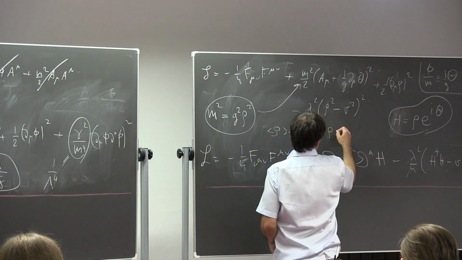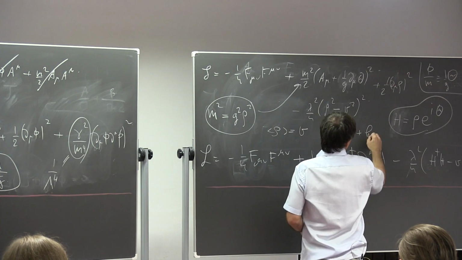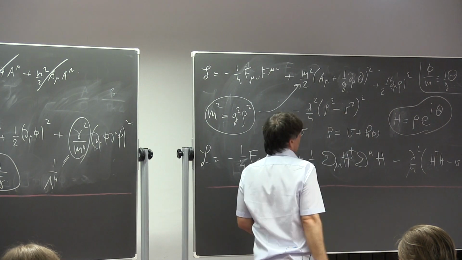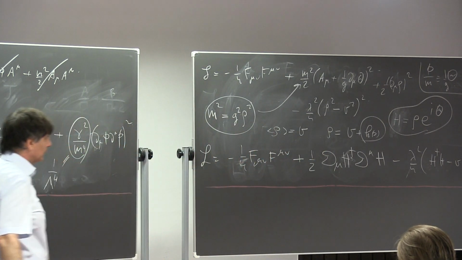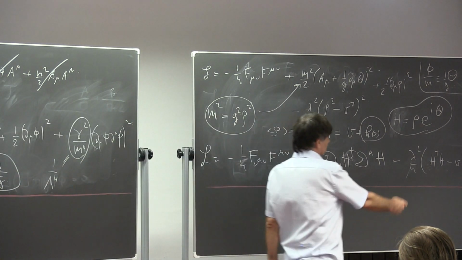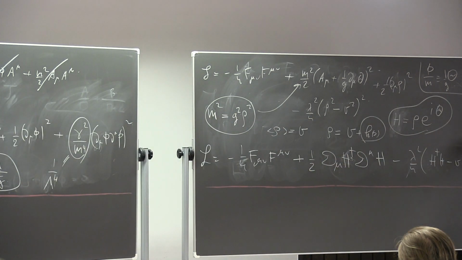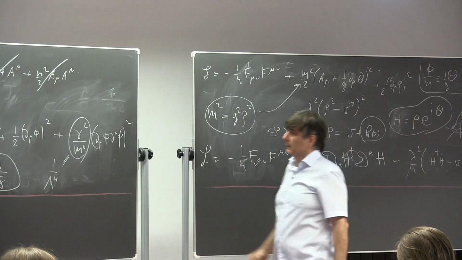So we say now that rho is its vacuum expectation value plus a field, and this is this famous Higgs field. Okay, so now this field is massive, because as you can see very easily, this is the famous Mexican hat potential, okay? And this Higgs field corresponds to the fluctuations around the vacuum, and the mass of this field is given by,